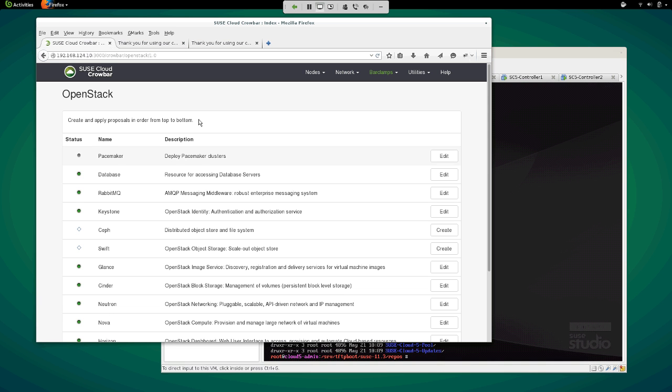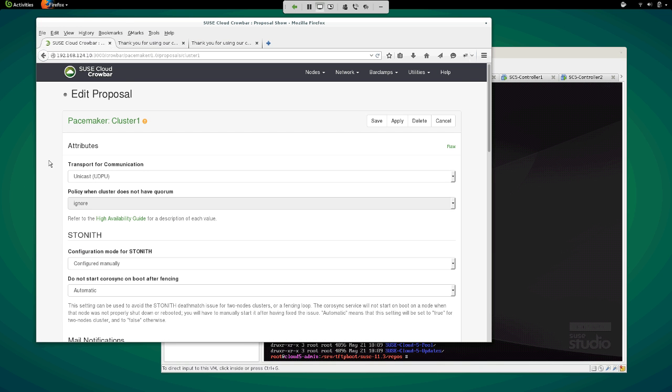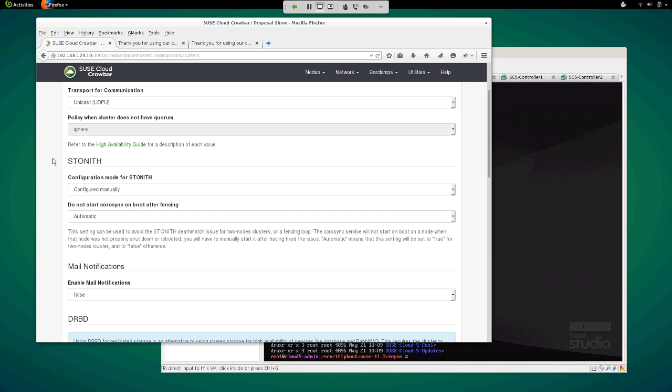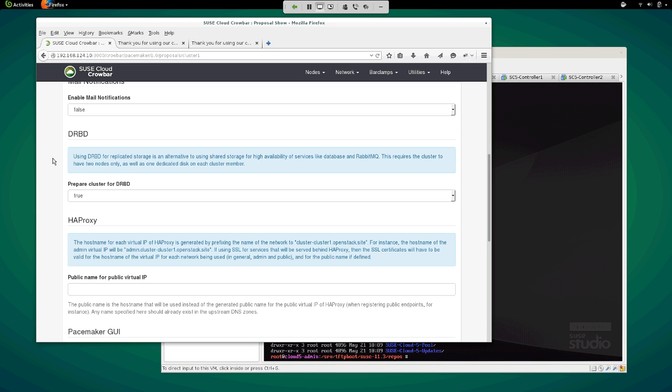So let's take a step back just a little bit and take a look at if I were to deploy the HA barclamp. It has a cluster that's been set up in here, and there are a number of things that this particular setup has defined.